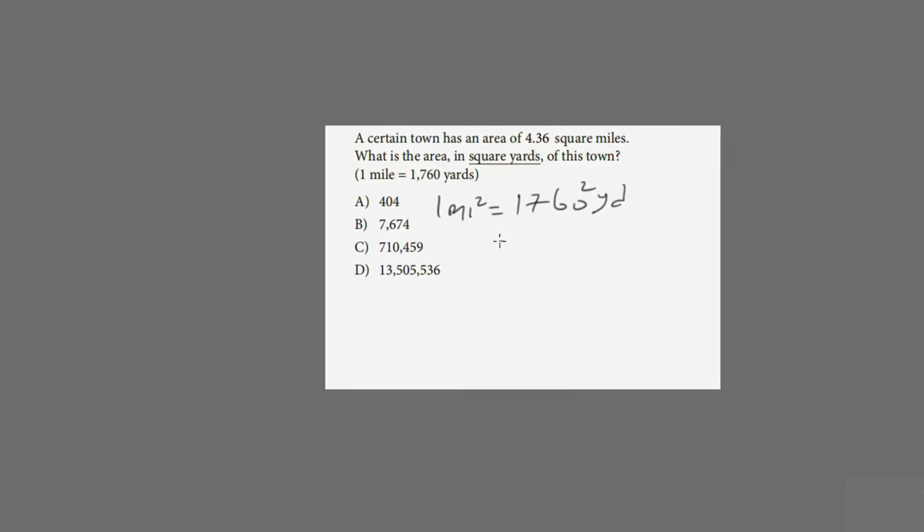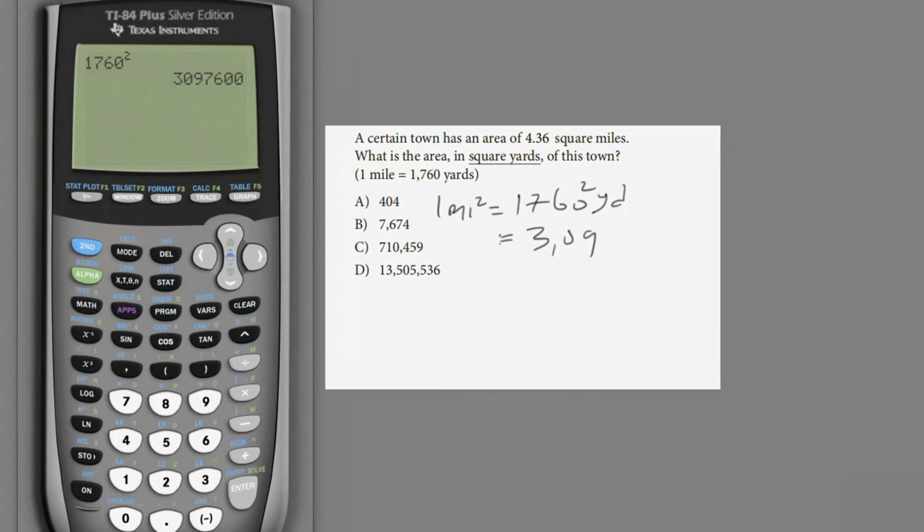This output will give us 3,097,600 square yards. Okay, so now to get the area of the town in square yards, what you do would be